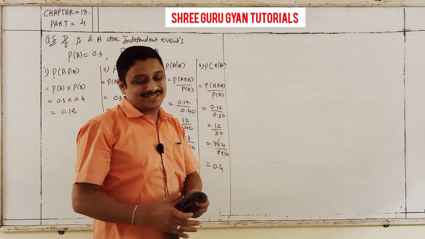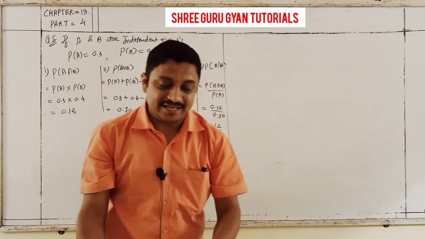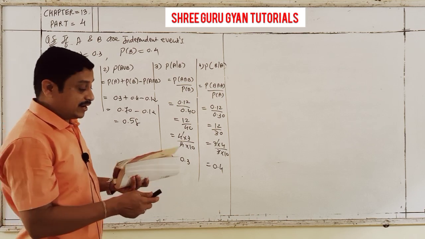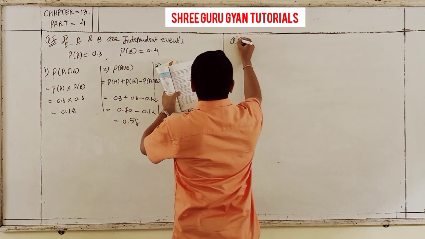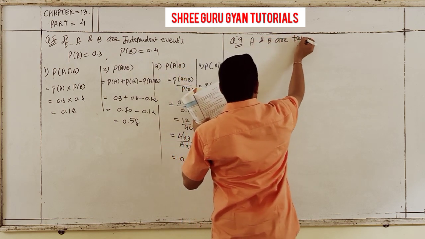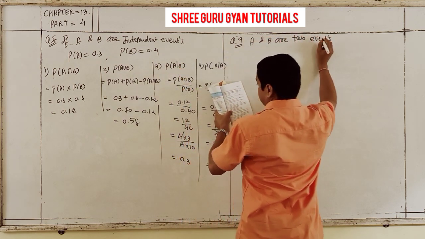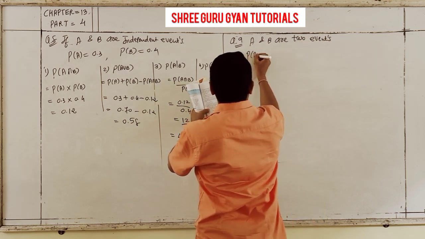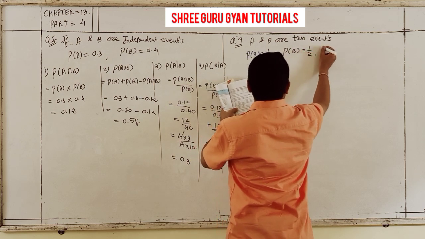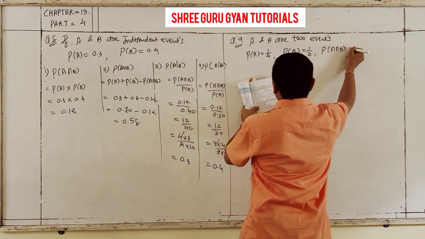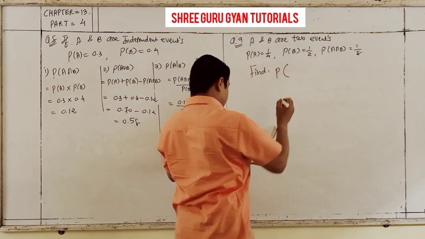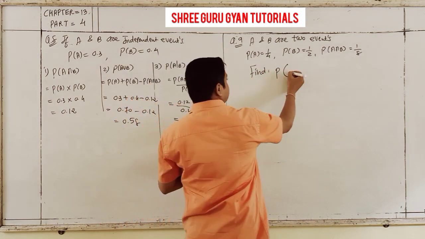Question 9 also, in the same way, I will explain easily, students. A and B are two events only, not given as independent, only given as events. A and B are two events, and P of A is 1/4, P of B is 1/2, and A intersection B is given as 1/8, and find out the probability of not A